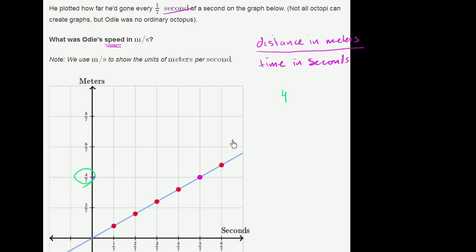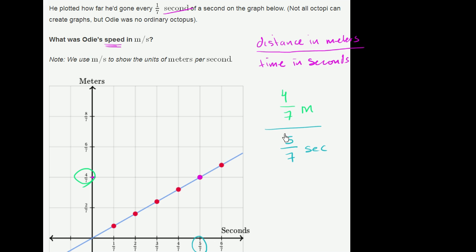I'll just go with this color, even though the contrast with the white background is a little hard on the eye. And it took him 5/7 of a second to get there. So 4/7 meters, let me make sure I put the units here, in 5/7 seconds. And so literally, we just need to divide 4/7 by 5/7, and we're going to get it in meters